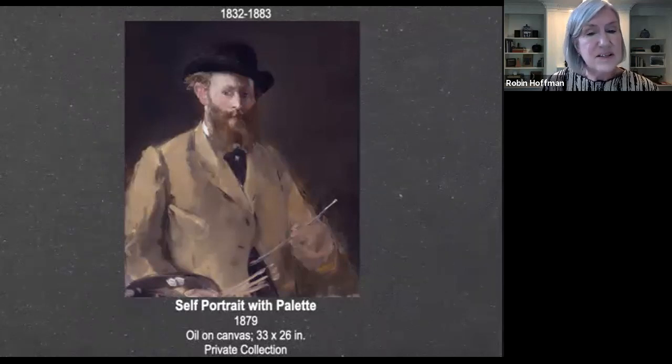Manet stressed the definition of painting as the arrangement of paint areas on a canvas over and above its function as representation. Now think of what a big change that was. So Manet was born in Paris in 1832 to an affluent and well-connected family. His father was a judge who expected Manet to pursue a career in law. His uncle, however, encouraged him to paint and often took young Manet to the Louvre.